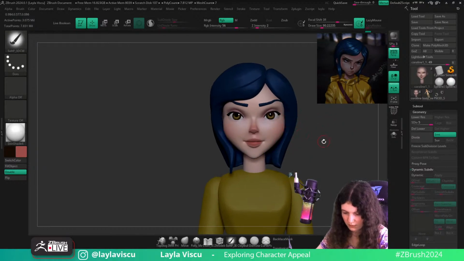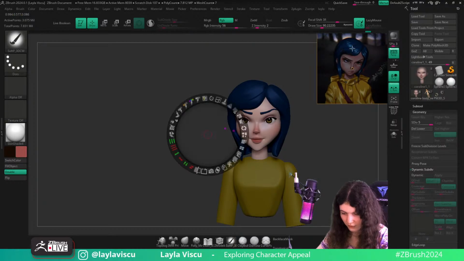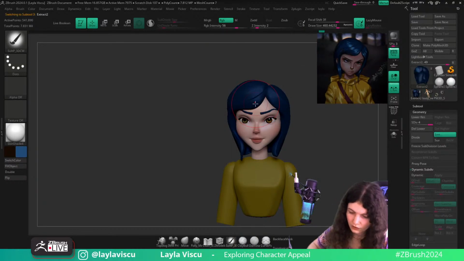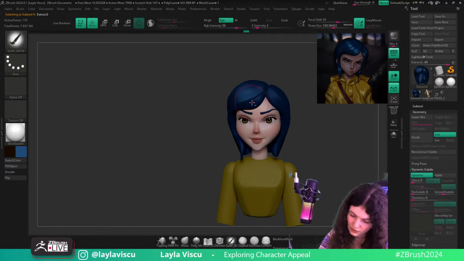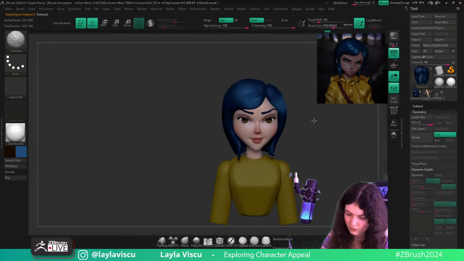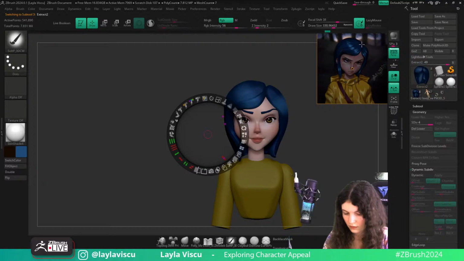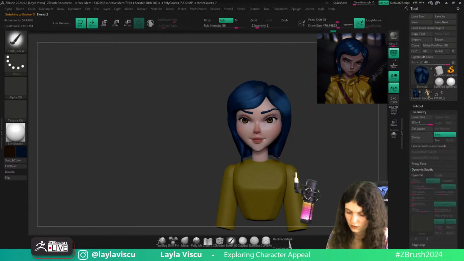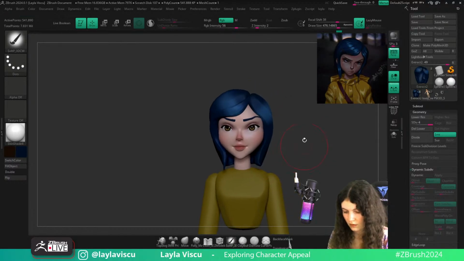We'll add them next time, because A, I'm out of time. B, freckles is kind of the last thing you add on the character after painting the skin. The skin is not done yet, so maybe